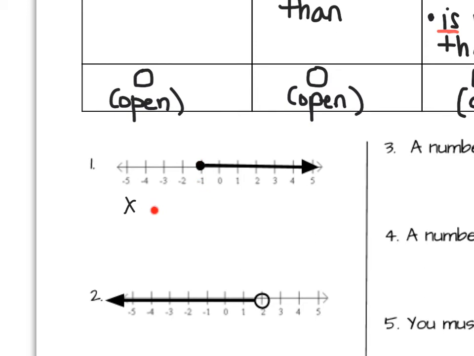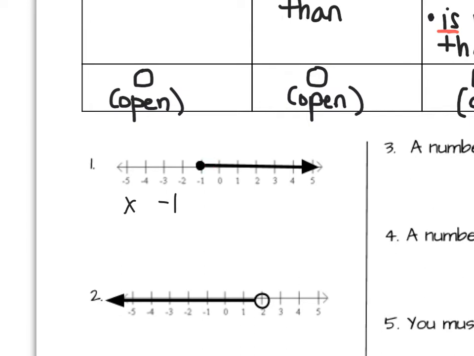So in between x and -1, you're going to leave a little space for now. So we're going to write -1 on this side. Okay, and then because it's a closed circle, that means -1 is part of the possible answers. So it's -1, 0, 1, 2. It's even all the fractions and decimals in between the integers. Okay, so it could be like -1/2, -3/4,